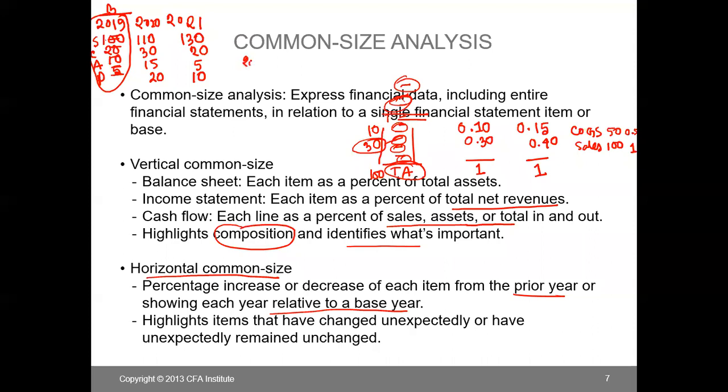So for 2019, the sales will be 100. This is not this 100. This 100 is the base, and cost of goods sold is also... Okay, let's complete the sales first. For 2019, as I have expressed all this in terms of 100, you might get confused about what I'm doing here. So if we look at the percentage, we will conclude that